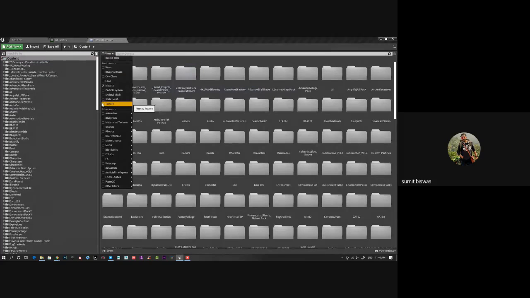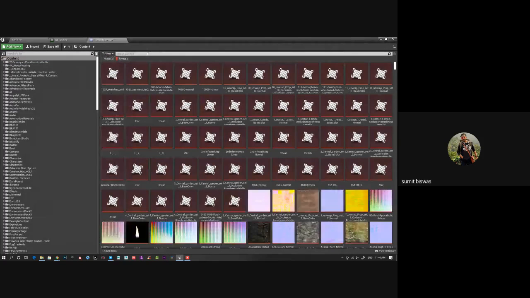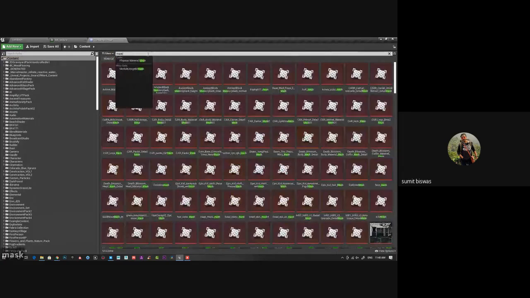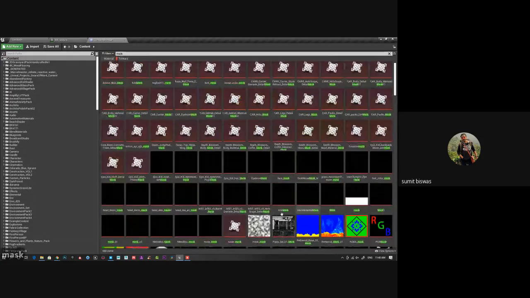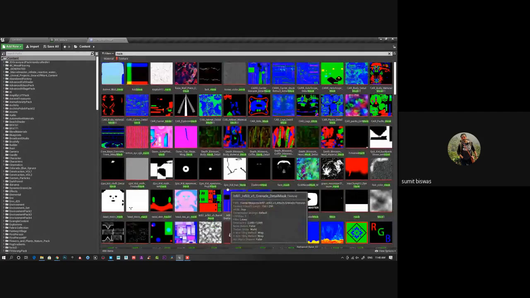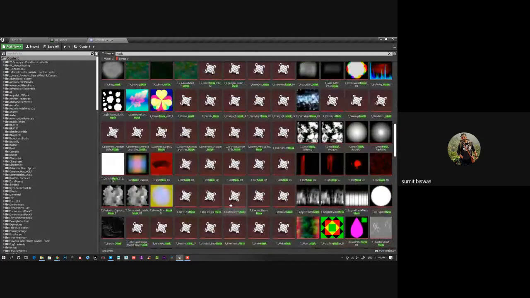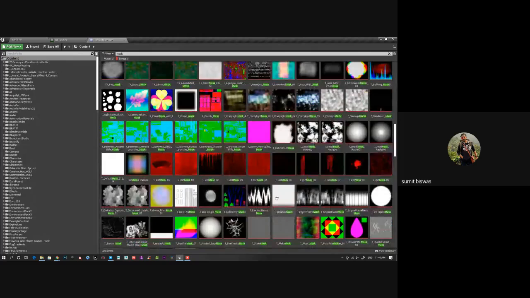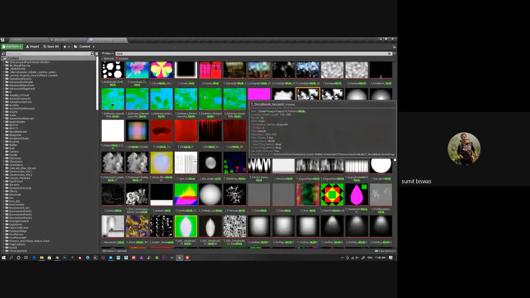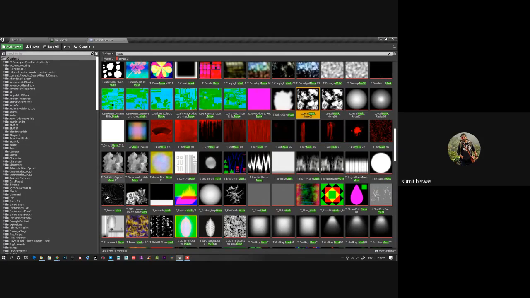Let's see. Texture, mask, some tileable mask. So I'm just searching for some tileable mask. So you can see these are all basically tileable masks. So I can use any one of them. And the mask you can download from Quixel, or Substance also has lots of procedural masks. You can export that from Substance and use it here,